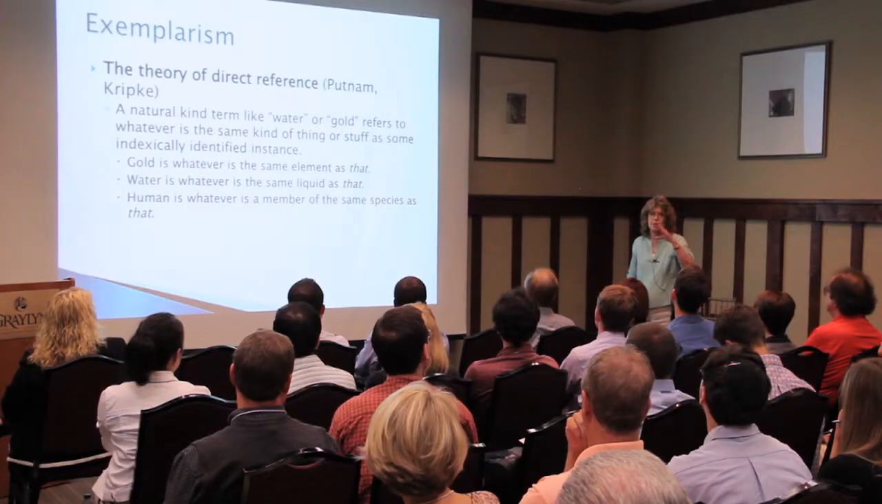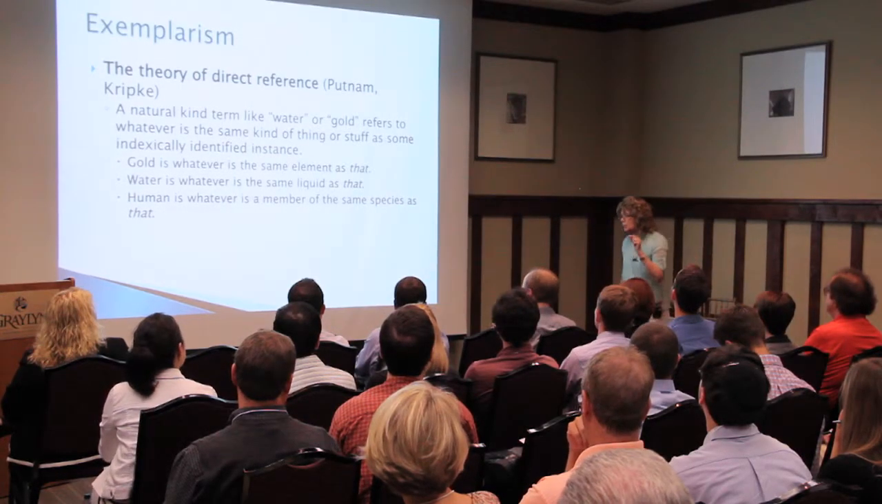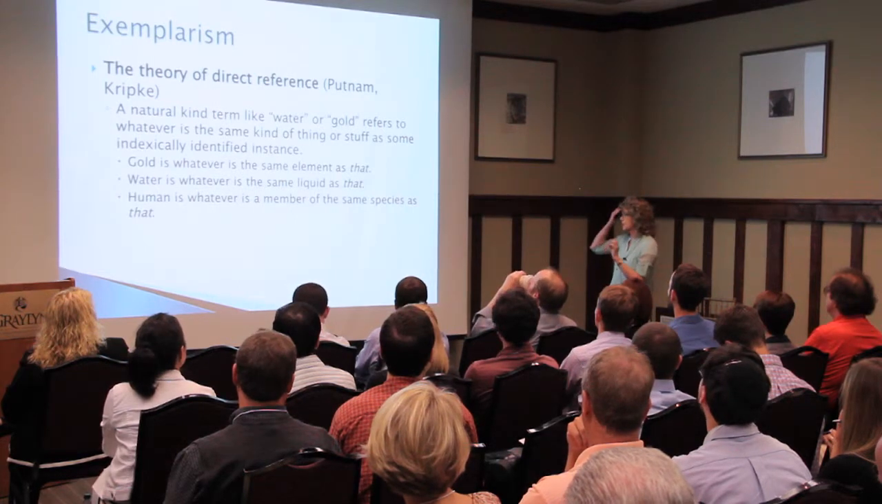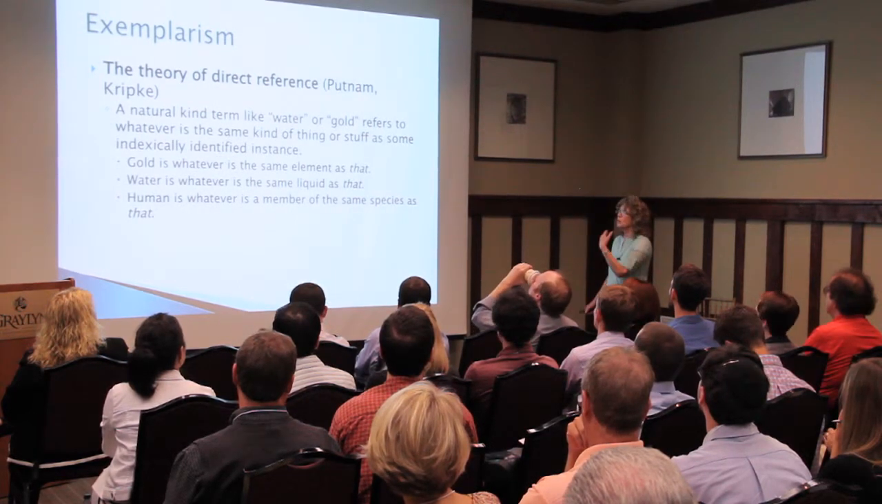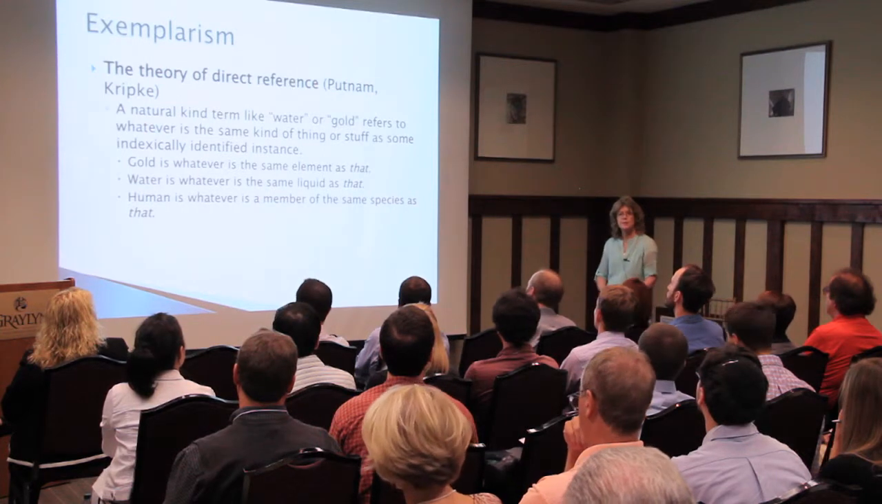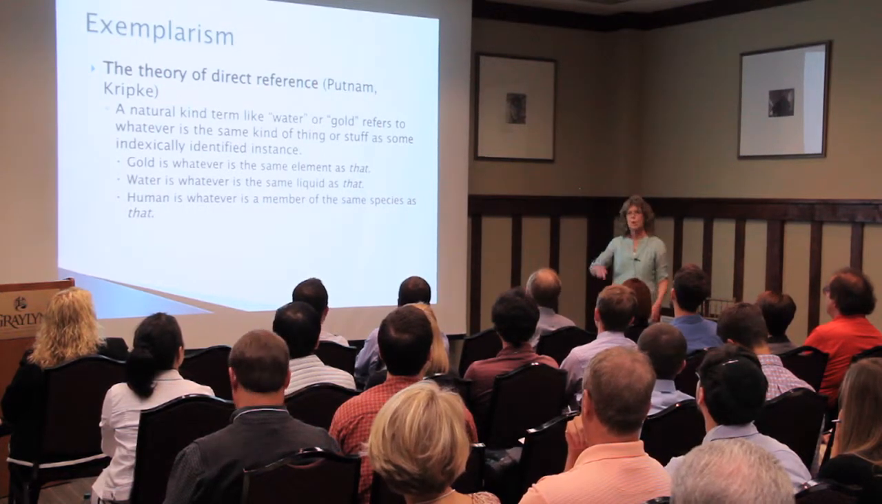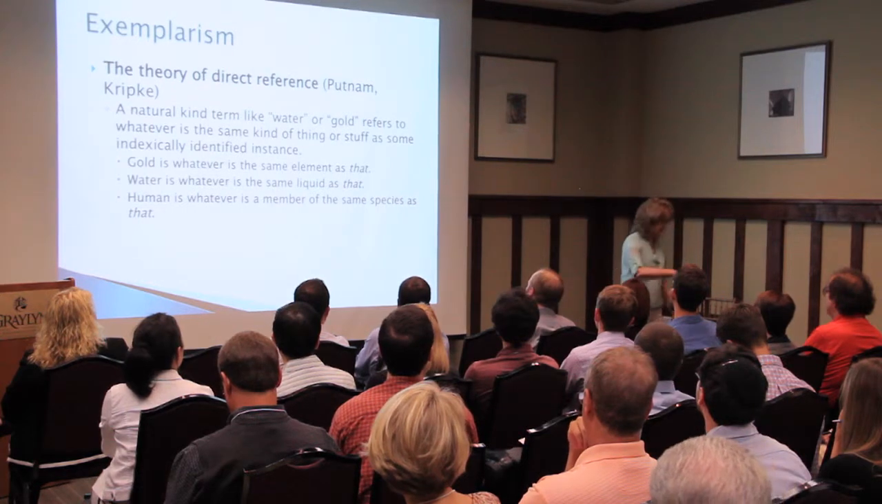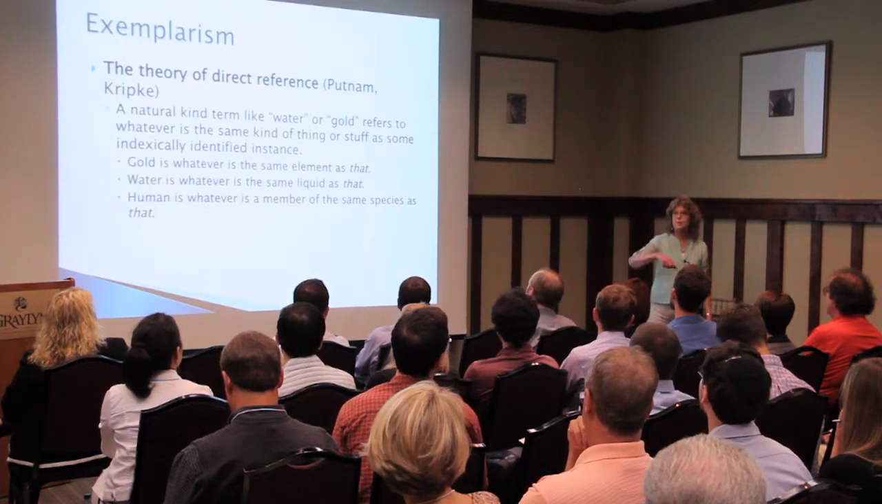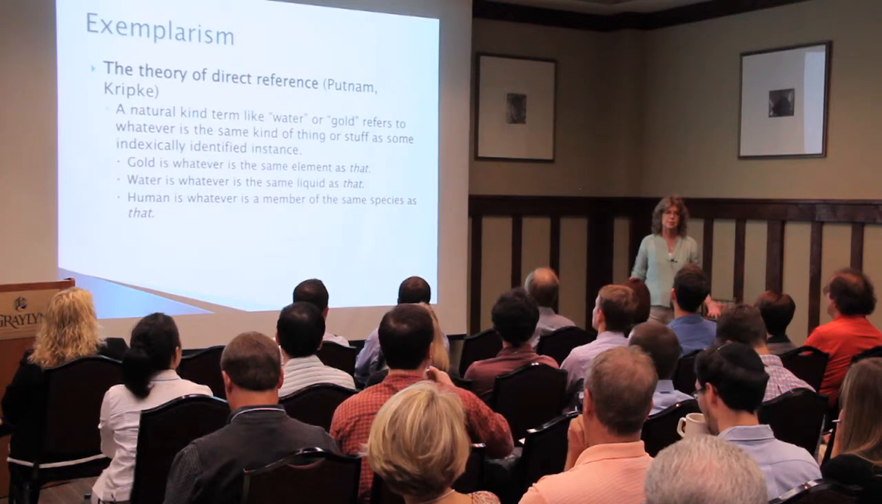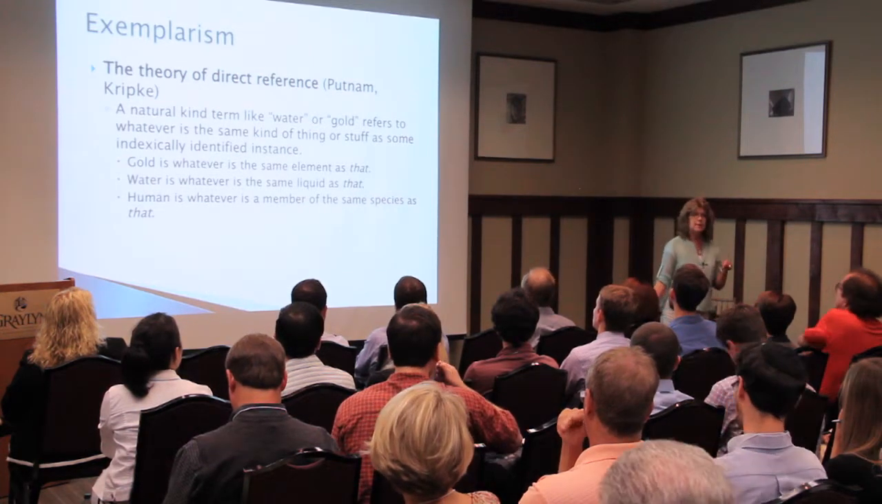And what Kripke and Putnam suggested was that the meaning of those terms is not a description in your head. You might have some description in your head, but the description could be wrong, or in any case, it doesn't matter. The description is not the meaning. Instead, what you mean by natural kind terms like gold and water is what we've got up here. Gold is whatever is the same element as that, and you point to some gold. Water is whatever is the same liquid as that. Human is whatever is a member of the same species as that, and so on, okay? So the idea is,